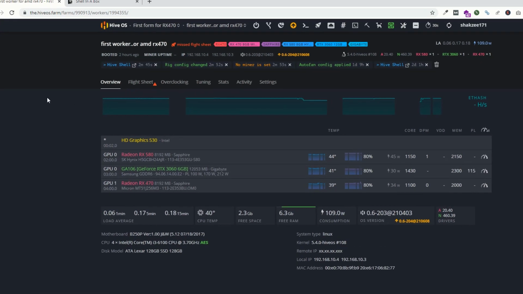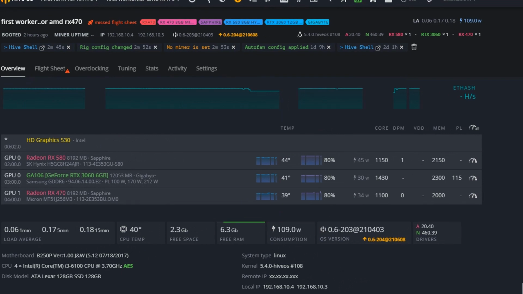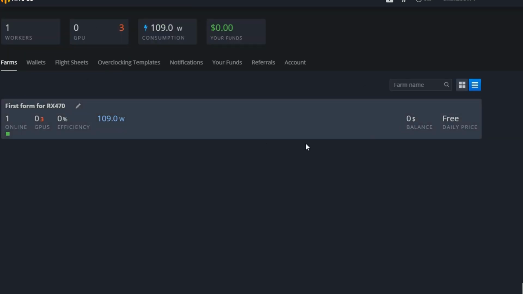Fine. Now as you can see, I have connected 3 cards with my rig: RX 590 AMD and AMD RX 470. These are the 2 AMD cards, and I'm using the 3060, which is the NVIDIA card. Make sure this is showing RX 580, but it's actually RX 590 because I have changed the BIOS for this particular card. Now as you can see, it's showing 40, 41, 39. That means it's not giving any hash rate for now. So okay, here as you can see, it's not giving the hash rate. So now select your farm,